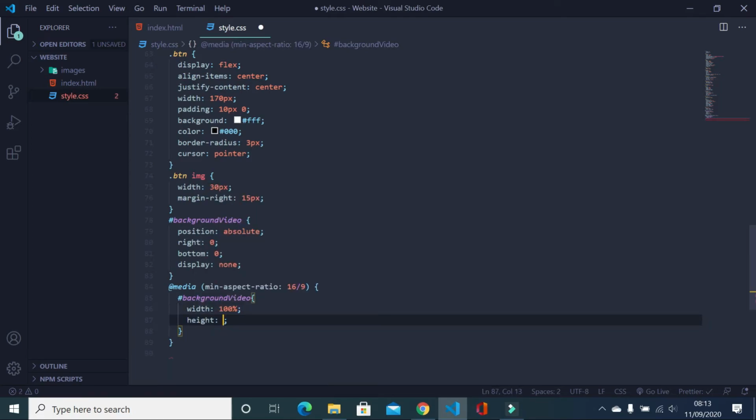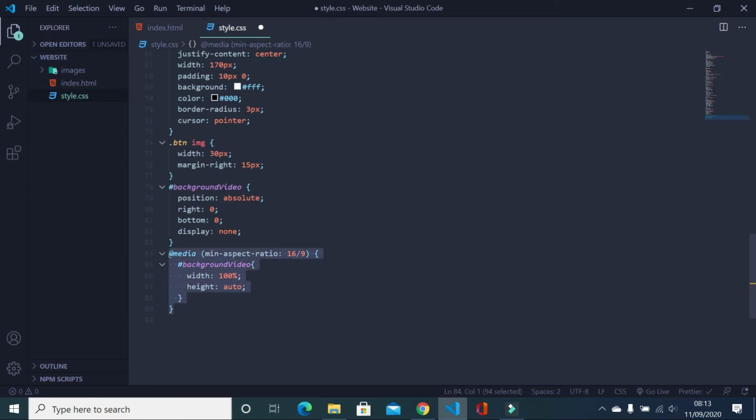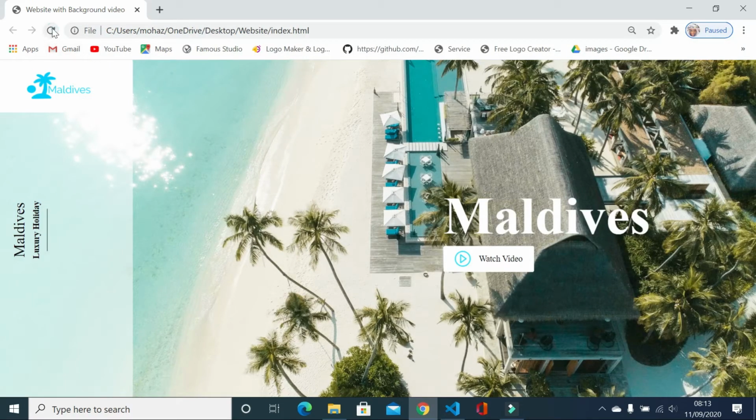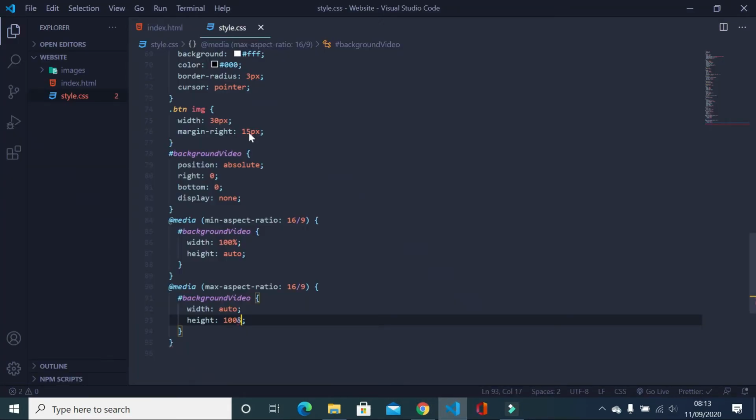Also, I'll say height auto. Next, we need to copy this and paste it again for our max aspect ratio. So just change this to max. We need to change this to auto, and this one to be 100. Now save this, reload your web page. Still nothing, so we need to add